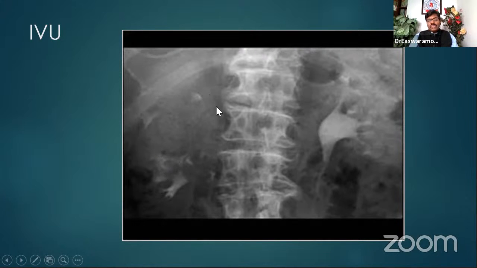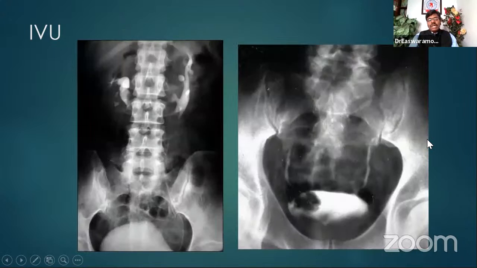Okay, they are all because of the space occupying lesion in the right upper pole of the kidney because of the hypernephroma. This is the converging calyces, the lower pole especially across the vertebra, and that is a sign of horseshoe kidney. Here is a filling defect in the bladder region, in a patient with painless hematuria. This is the transitional cell carcinoma of the dome of the bladder, especially very close to the right ureteric orifice. So like that you have to, and all these people, whenever you have a doubt, next best investigation is